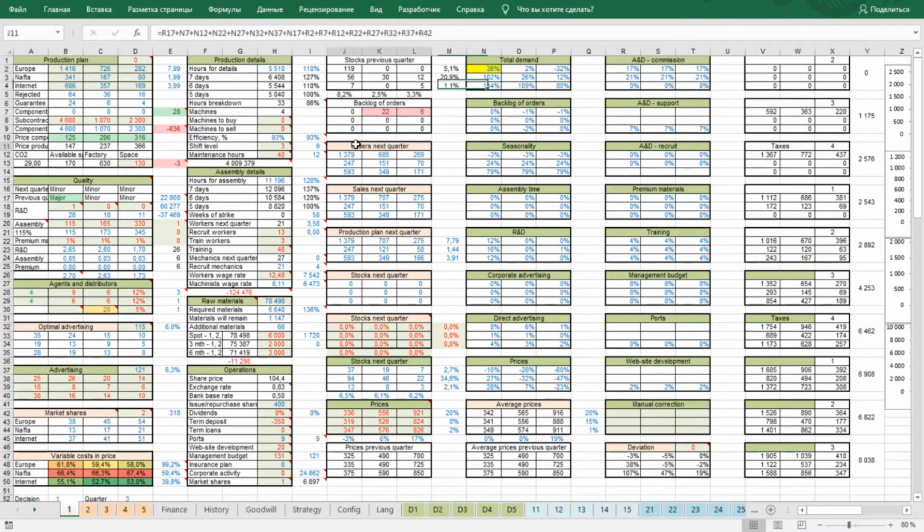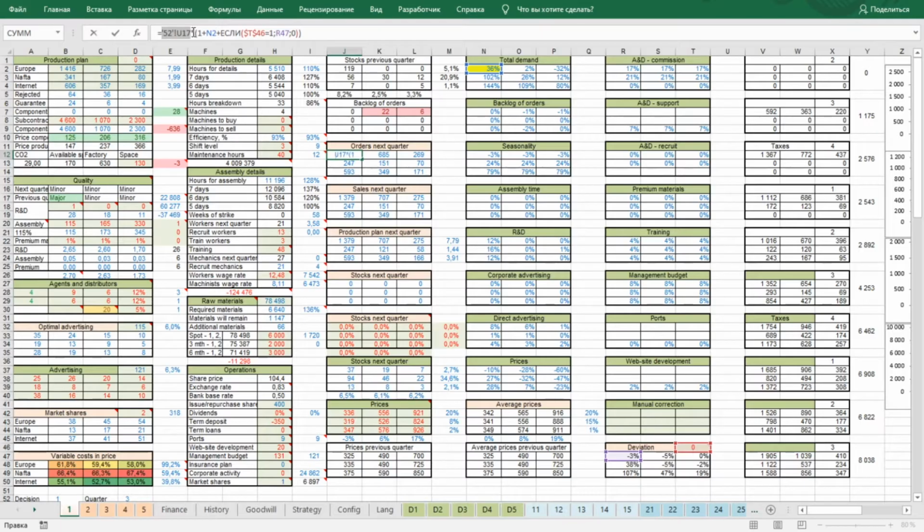To calculate orders in the next quarter for each market and product, the model adds the forecast of changes in demand for the next period to the actual number of orders in the previous period from the management report. Let's see how it works. Now we will find out how to calculate orders for the next period for the first market and first product. You can see the formula.